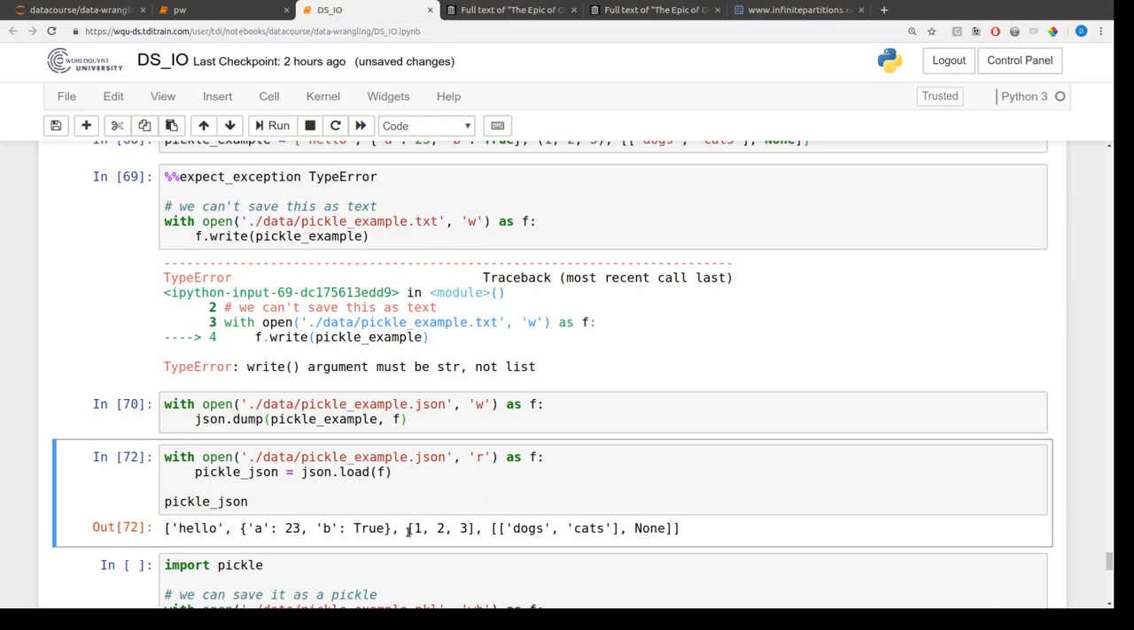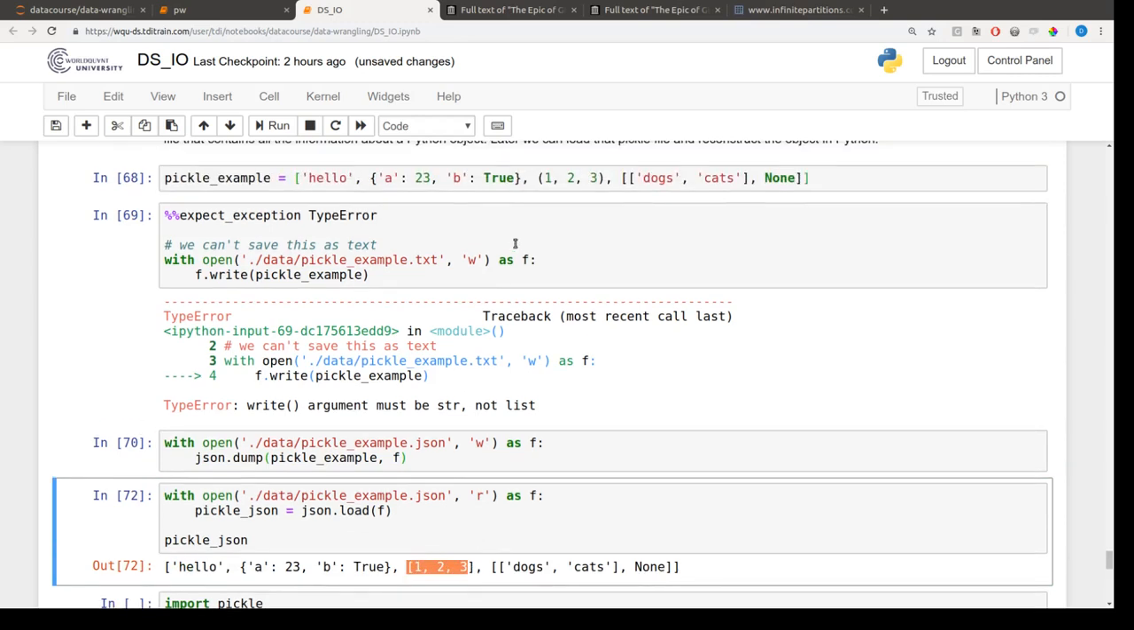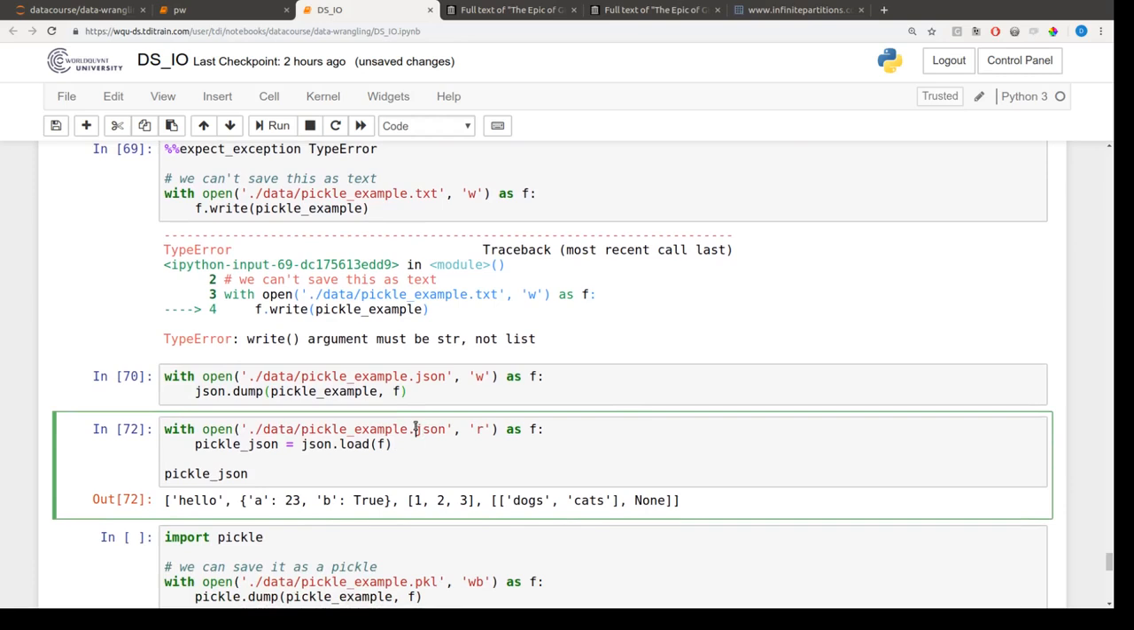For example, our tuple containing 1, 2, 3 got changed into a list. So how can we avoid things like tuples being changed into a list by JSON? Furthermore, JSON has its limitations. It won't be able to represent the arbitrary Python objects